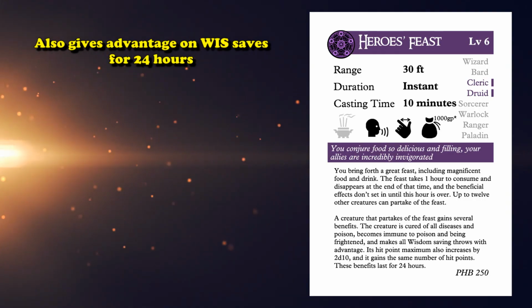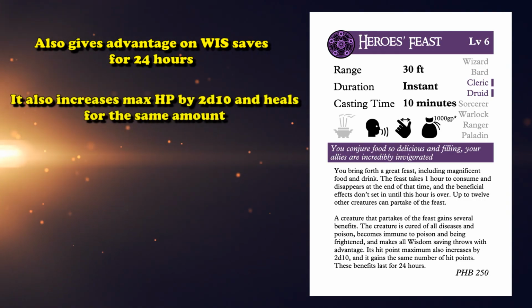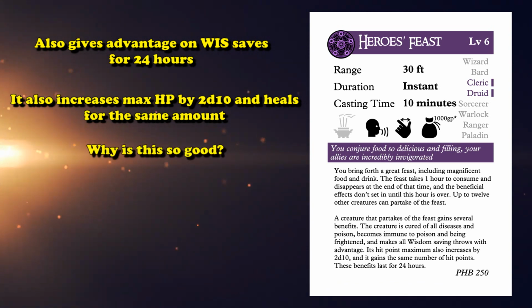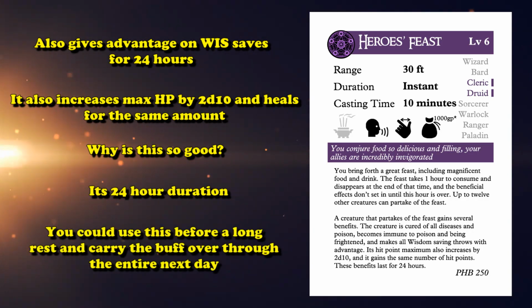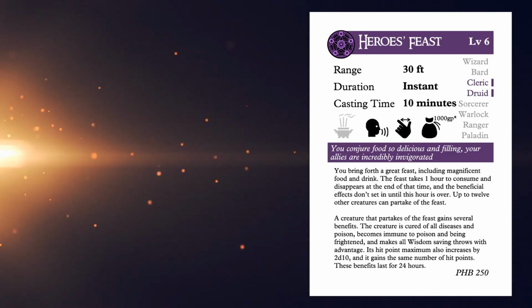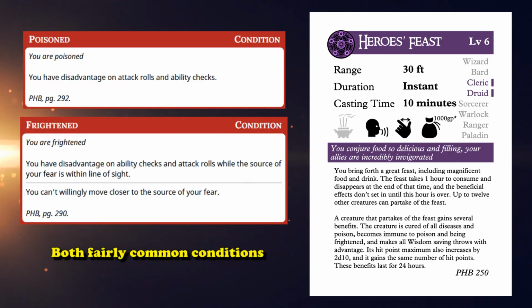As well as giving them advantage on all their wisdom saving throws during the same duration. And lastly, it increases their maximum hit points by 2d10, also healing them for the same amount. Now, what's really great about this ability is that it lasts for 24 hours, so technically, you could use this at the end of the day with a spare spell slot and carry the benefits over into the next day, just having a passive immunity to poison and the frightened condition, which are 2 things that come up a lot